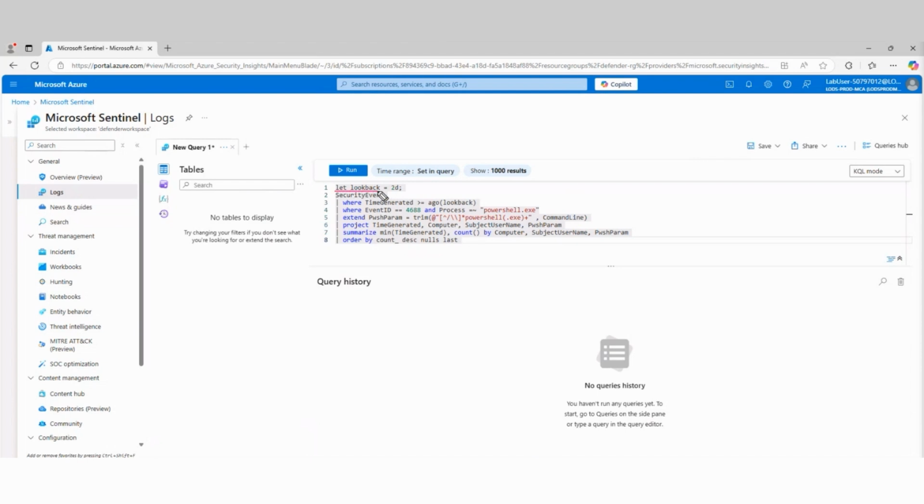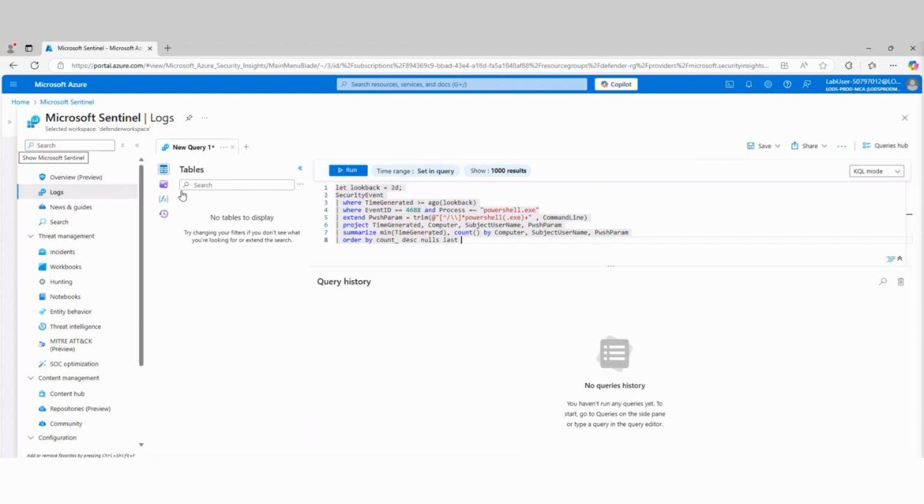If you're not familiar with KQL, watch our KQL video from one of the previous modules here. But we've got a variable statement, which is going to set this to 2 days. We're looking in a specific table, and the table that we're actually looking at here is going to be the security event table. And within that table, we're looking for events that have happened within a period of time. We're looking for this event ID and this PowerShell command being run. And then we want to see the output here in this specific order.